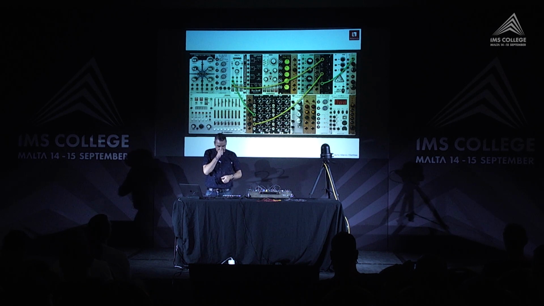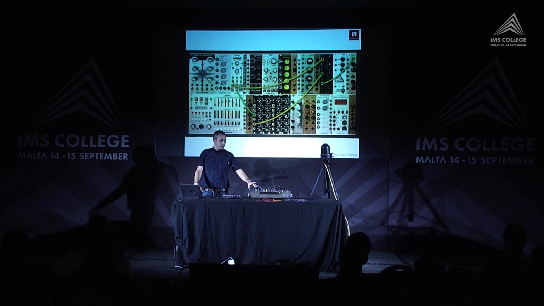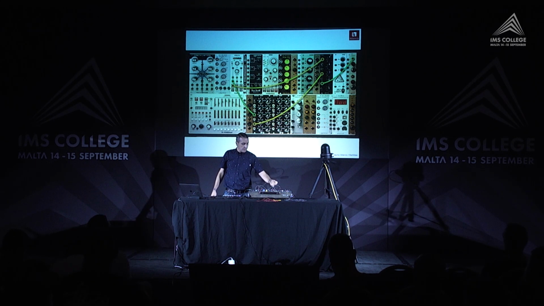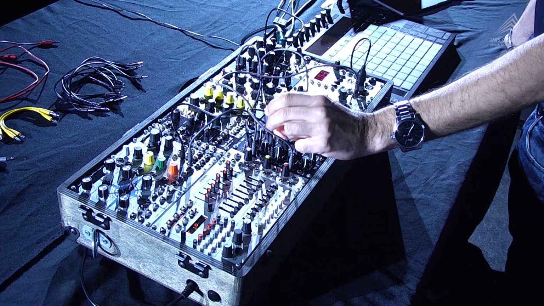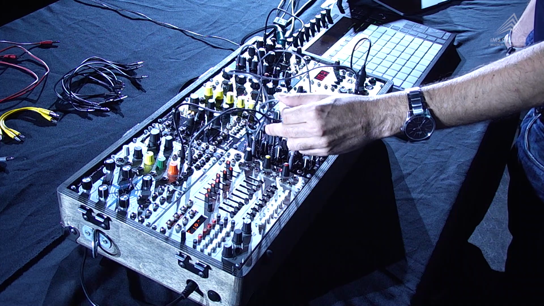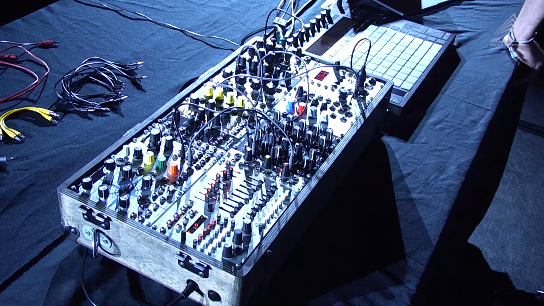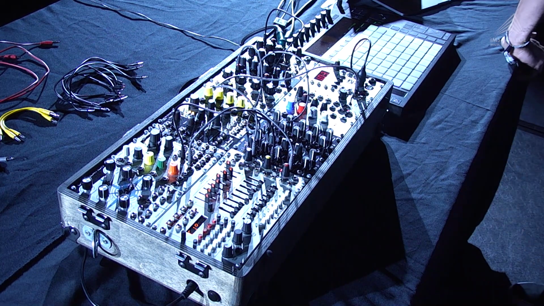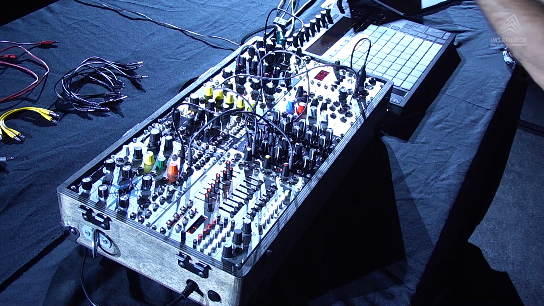So, I'm just going to generate a MIDI clip from Ableton Live. I'm going to send the MIDI notes here, and then MIDI notes are going to go to control my envelope generator. My envelope generator, I'm going to give it a double use, okay? One cable is going to go directly to the oscillator. Second cable is going to go directly to the amplifier.